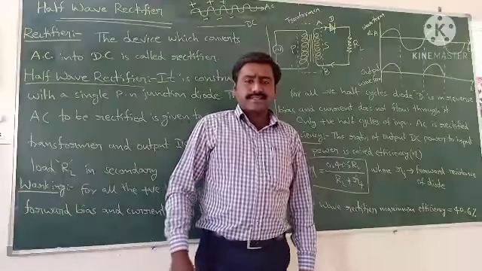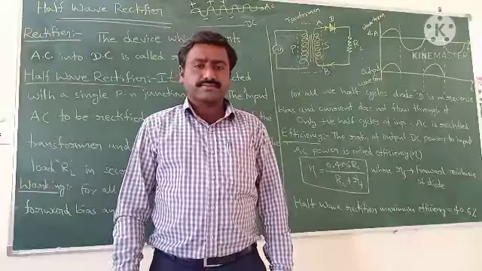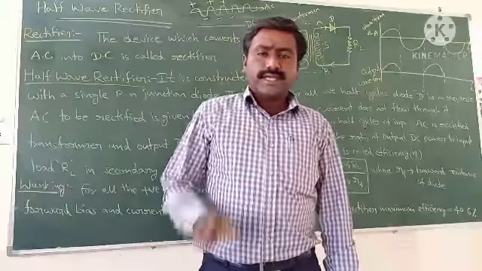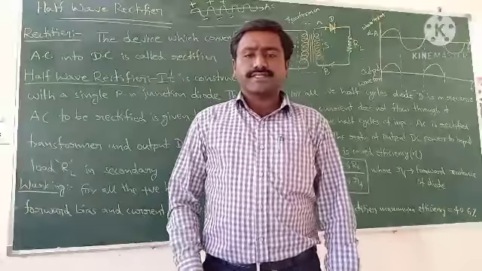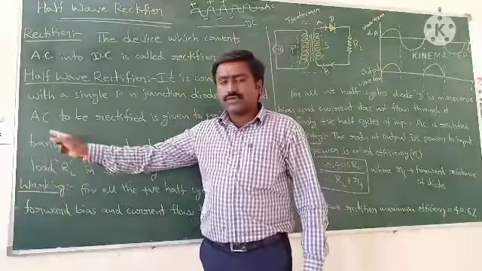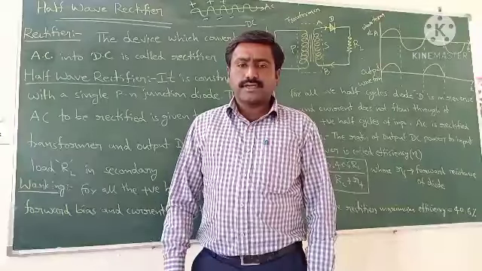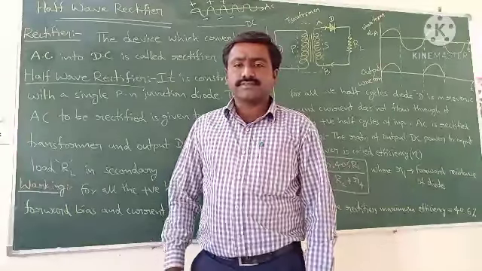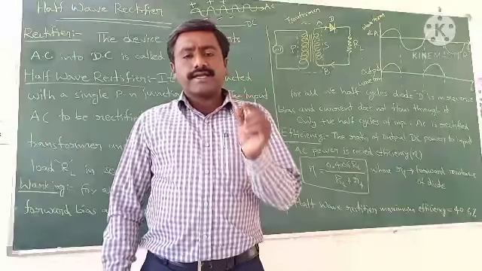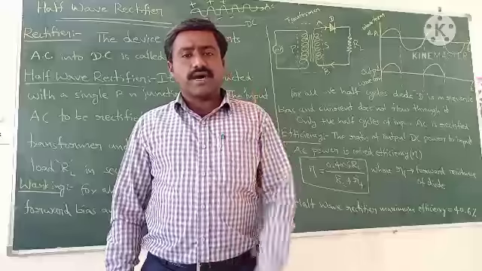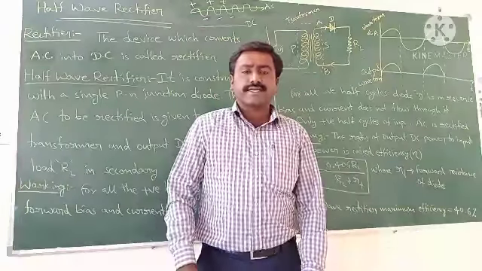Good morning, students. Today we are going to discuss half wave rectifier. Rectifier means a device which converts alternating current into direct current. So if you observe the switchboard, inside of the switchboard you can find alternating current. And in the case of mobile charger, we use DC, direct current. So direct current is used to charge a mobile, and similarly in bed light lamps also we use direct current,